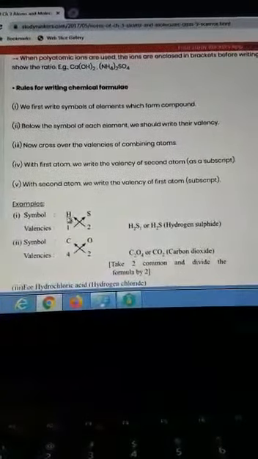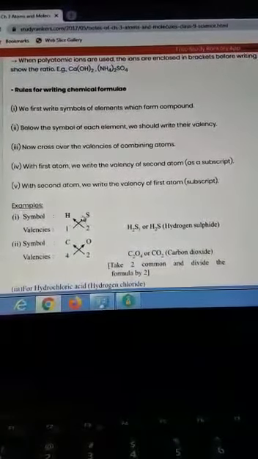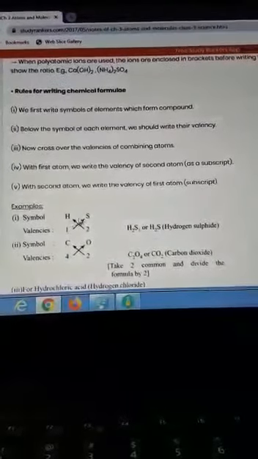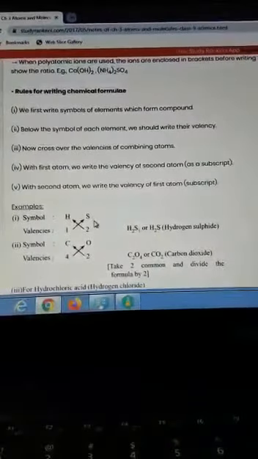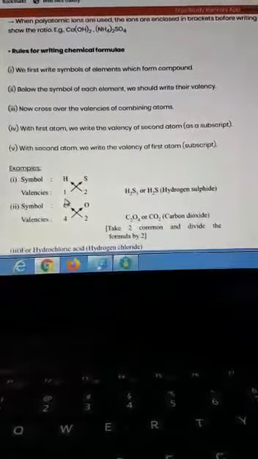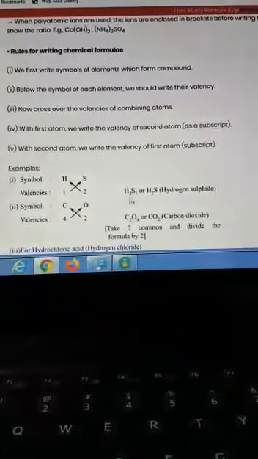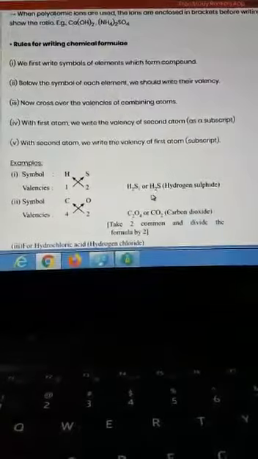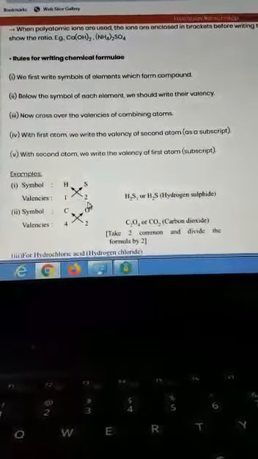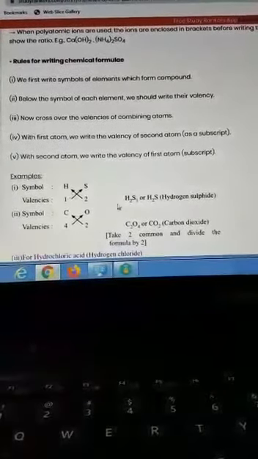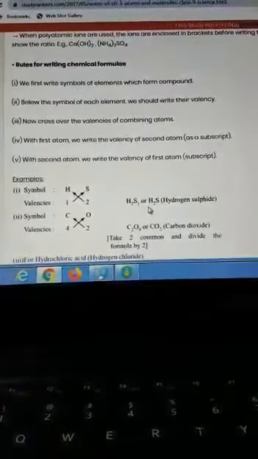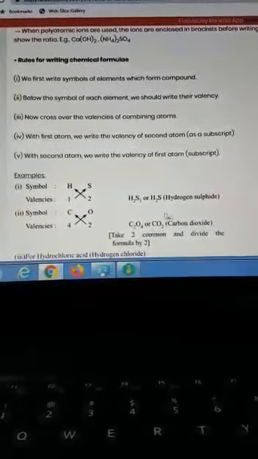At first, the positively charged ion, the atom that contains the positive charge, we have to write first, then the atom that contains the negative charge. Cation at first, then anion, and then we have to cross multiply. While writing, you see hydrogen, if we cross multiply, here 2 is coming, so you have to write H2. Sulfur is 1. Since it is 1, we can write it as H2S.